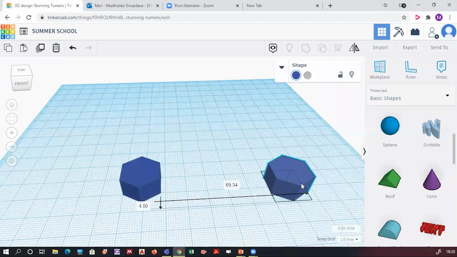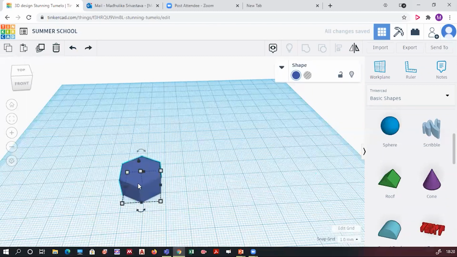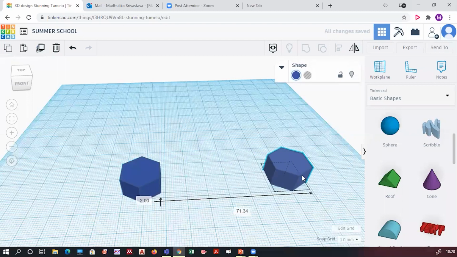I'll repeat once again. When you want to duplicate a particular object, just click on that object and click on this duplicate button just on the left hand side of the delete button. Okay. And just go to the object, click and drag.